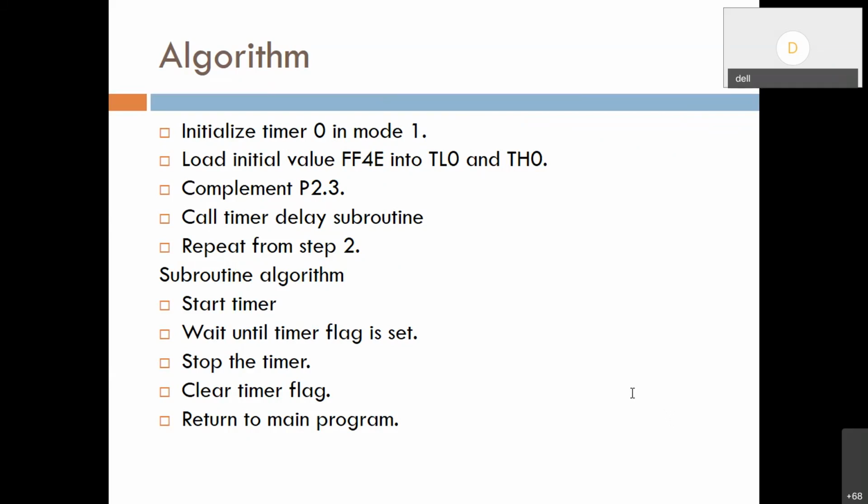In timer mode 1 operation, normally 71.2 milliseconds is the maximum, as per our standard baud rate setting frequencies. Okay, let it be. So there is something called a minimum and maximum limit, and within that we can operate. Similarly, for mode 2 operation, since it is just an 8-bit counter, that is a limitation. So 2 to the power of 8 is the maximum count.